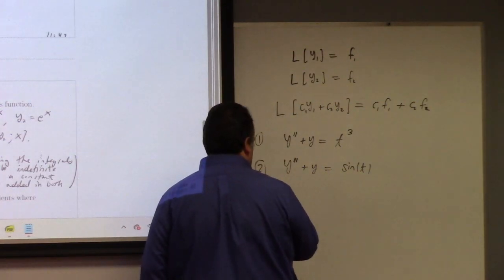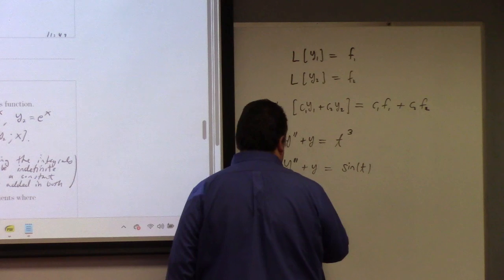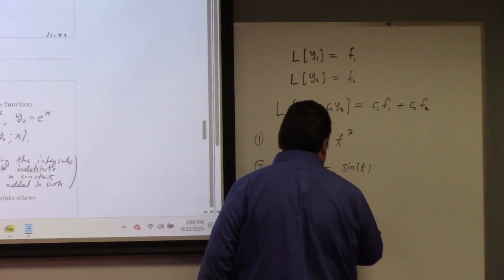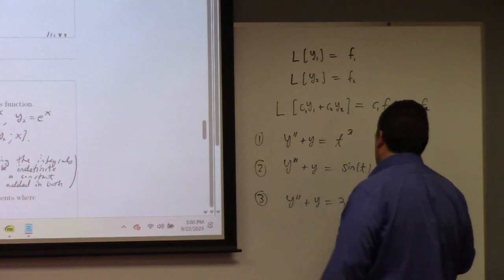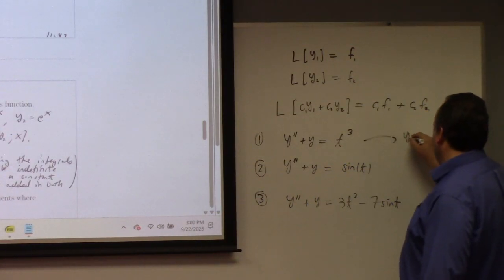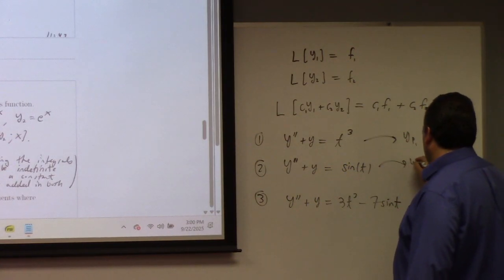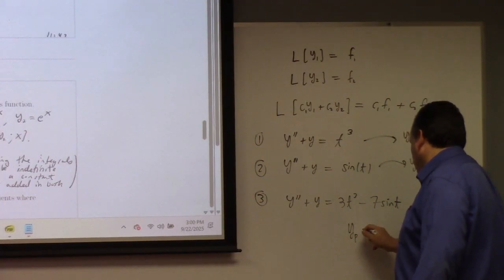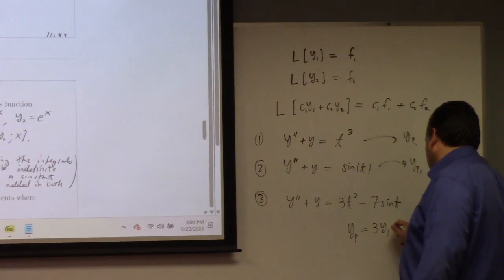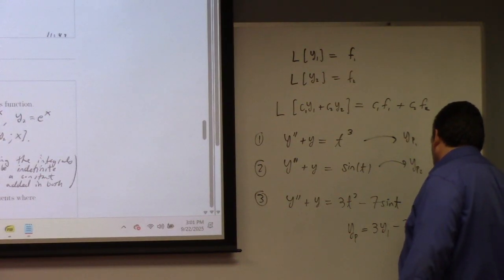And then maybe the third problem is y'' + y = 3t cubed minus 7 sine t, right? So if this has yp1 and this has yp2 as its solutions, you can just use yp equal to 3yp1 minus 7yp2 to solve